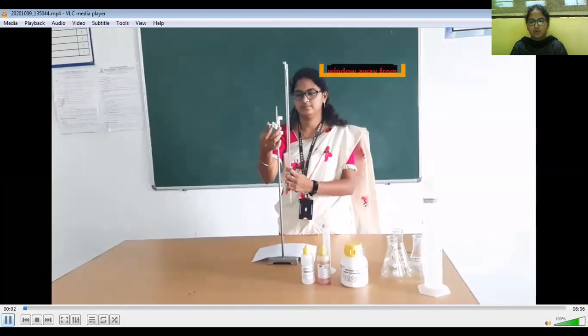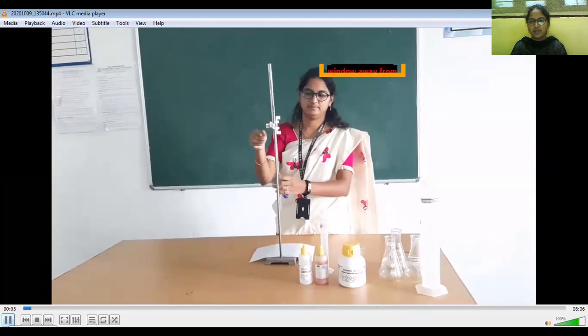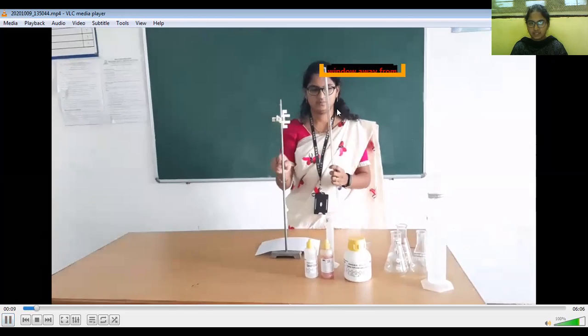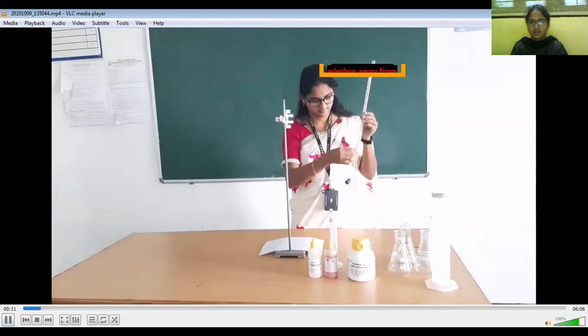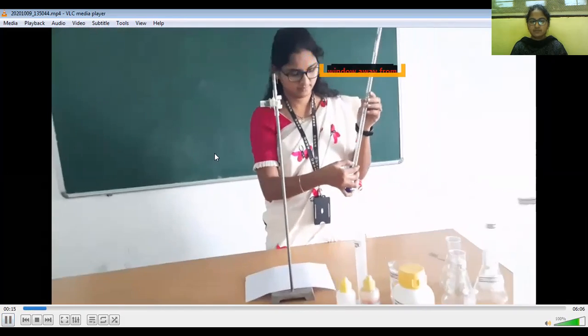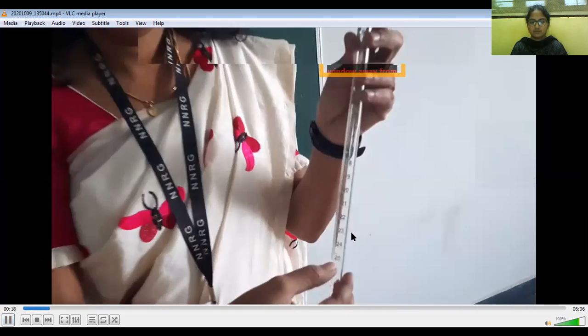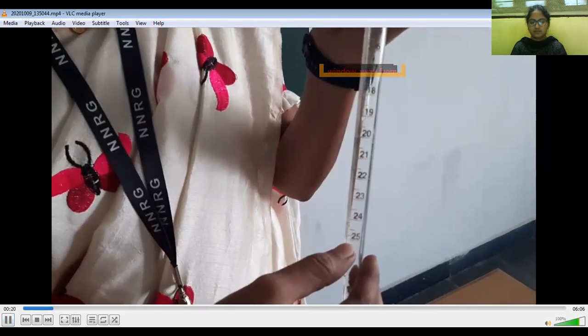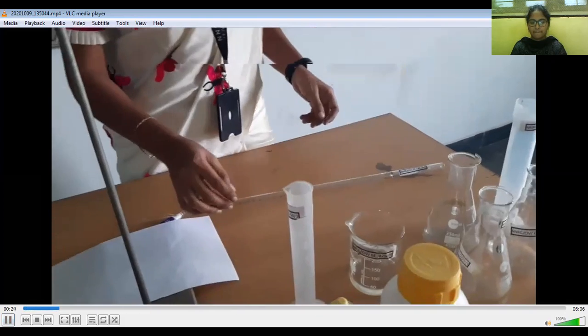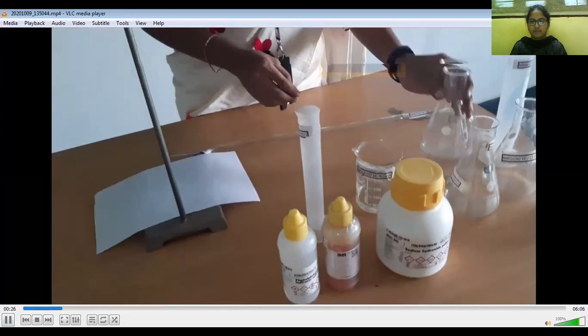So first, what are the apparatus required? Burette with burette stand. Conical flask.